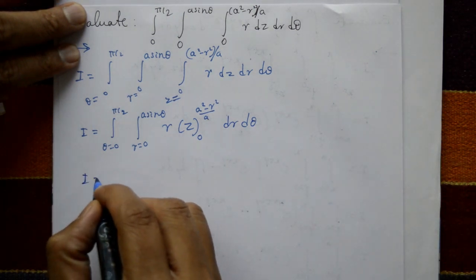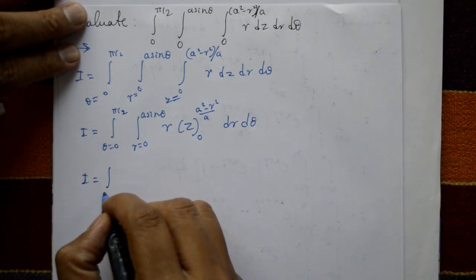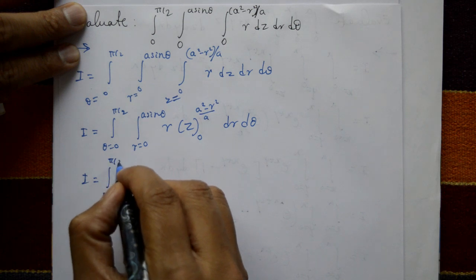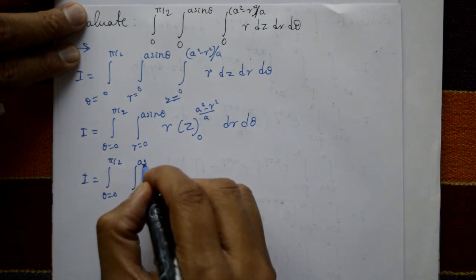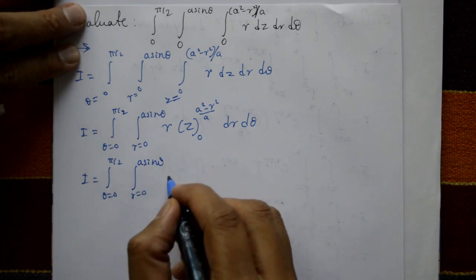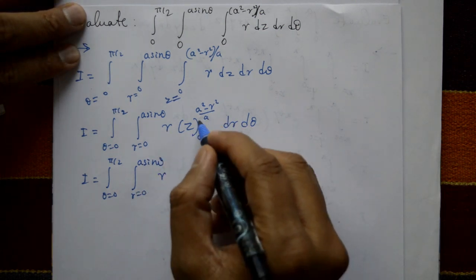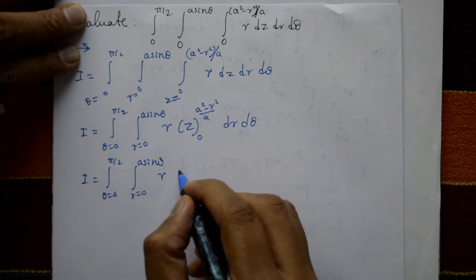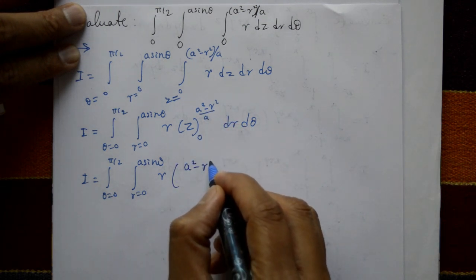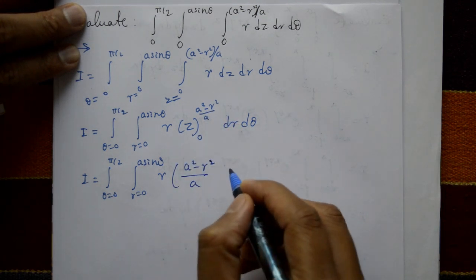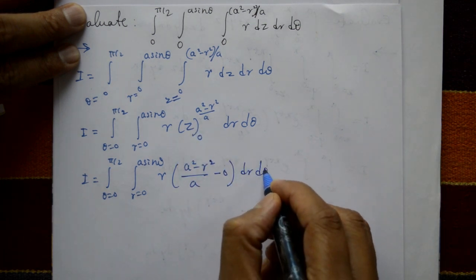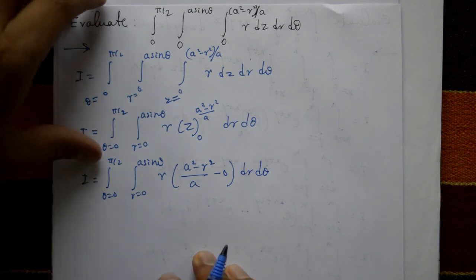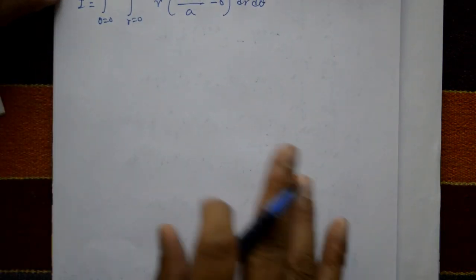Now I is equal to the integration of theta from 0 to pi by 2, and integration of r from 0 to a sin theta, with r as it is, and put z equal to the upper limit (a square minus r square) divided by a, minus the lower limit 0, dr d theta. Okay, now